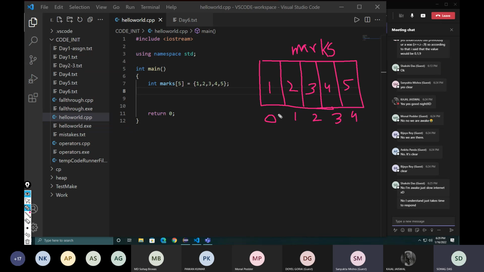So the first memory is assigned the index of 0. Then the second memory is assigned the index of 1. Third is 2. Fourth is 3. And fifth is 4. So that's how indexing works. So these are indexes. Okay. Now to access an array, we have to write the index